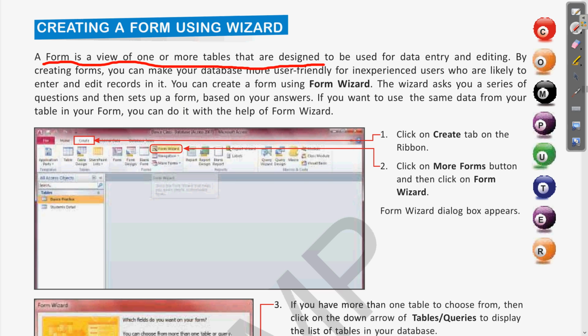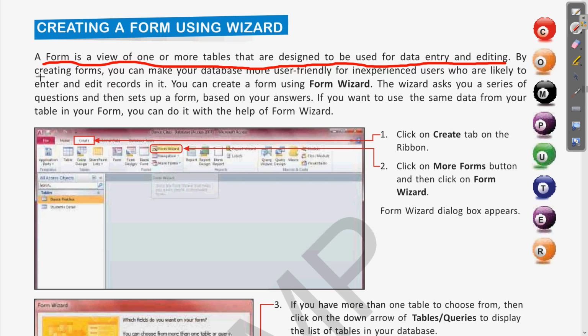So already existing tables can be used to create a form, as you also fill the forms online for various purposes. So this is something you can relate with, that these forms are used for taking the data from the user, or from any user who is not the programmer, or who is not designing the database. So form is actually the view of those existing tables in our databases, and we can join more than one table also. So using those forms, the data can be entered by the user.